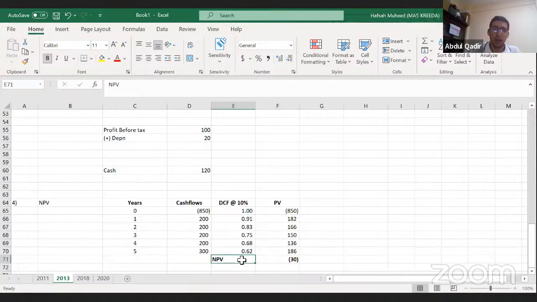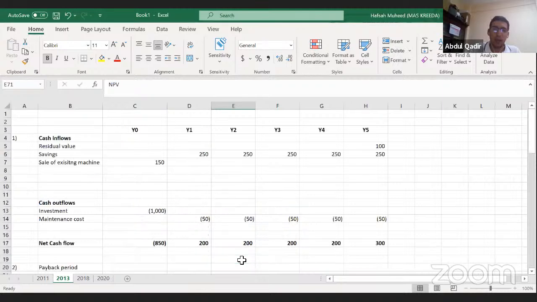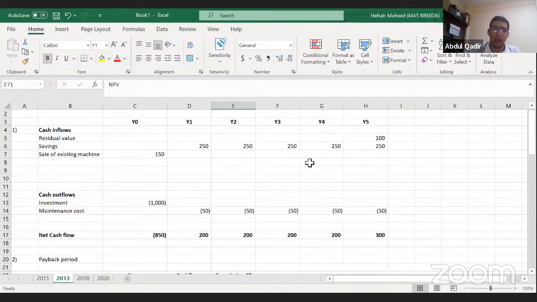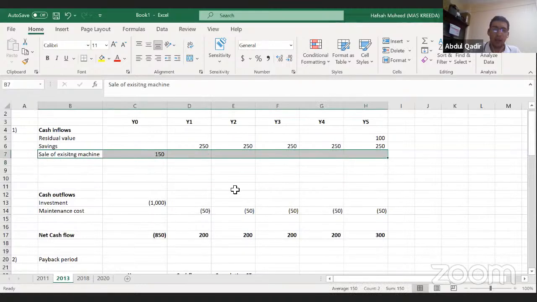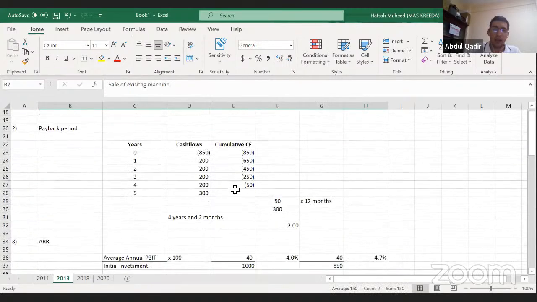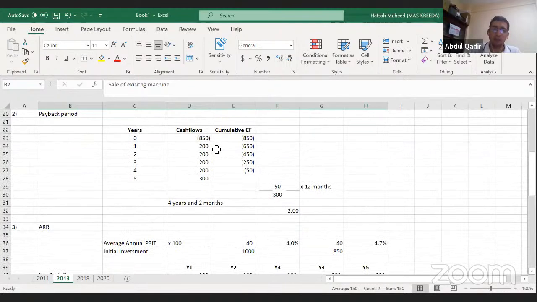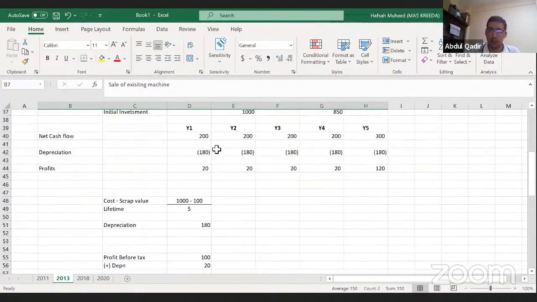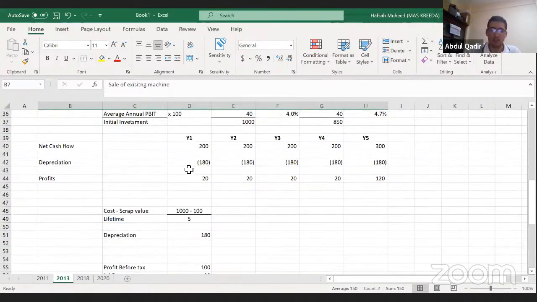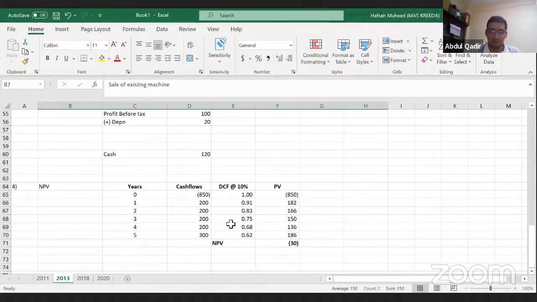So you can see if you get the first one right, you can get the other things right as well. So in case you forget to include one item, that's going to affect your payback period. That's going to affect pretty much everything, right? So especially NPV as well. So make sure you are careful when you're including each of these, including the correct year, the relevant year, right? So I hope you're okay with that. So let's move on to that. If you all have any questions, please ask.